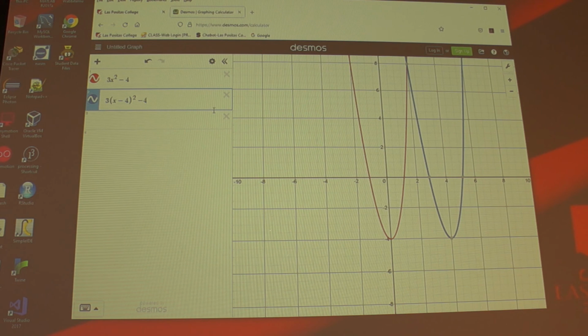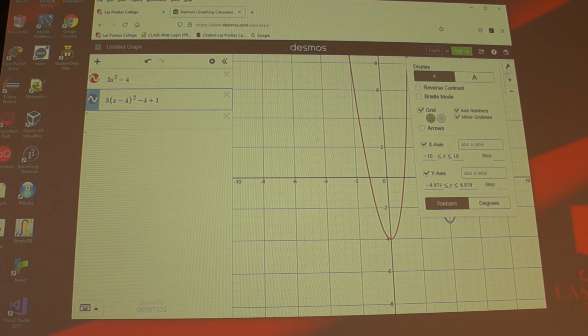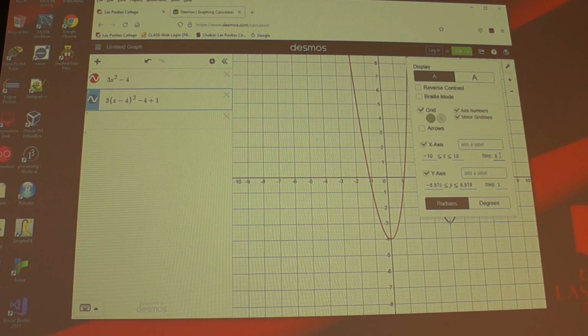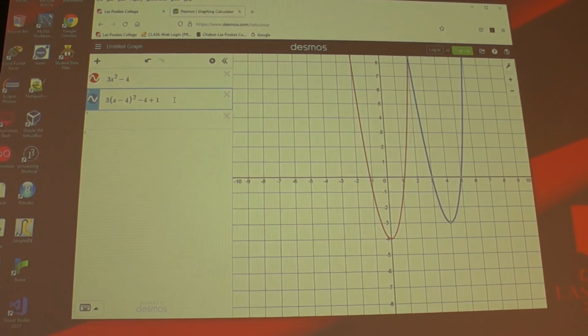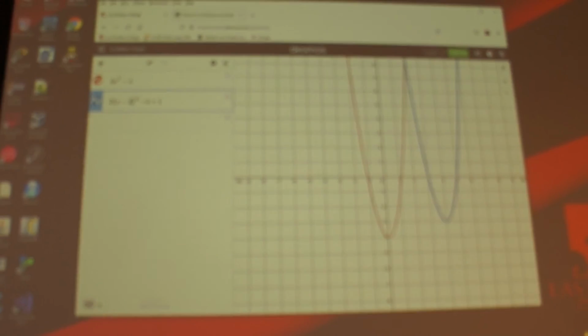But what if I do this, and then I do plus 1? What's going to happen? It's going to go right 4 and up 1. I should probably change the settings so that each one is step 1, step 1. That's easier. Okay. So what would I do? What would I type in here if I wanted to go